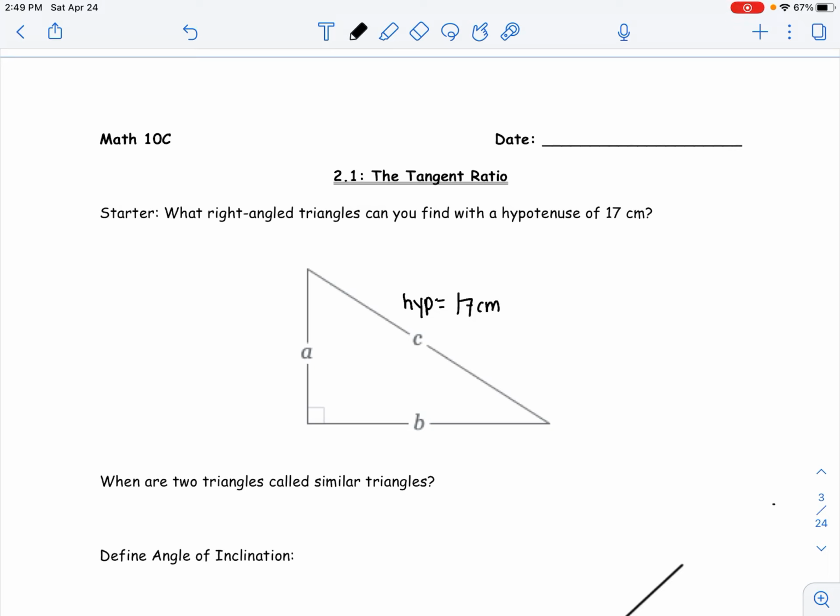So what we need to remember is that a squared plus b squared equals c squared. So our two legs, when we square them individually and add them together, we're always going to get the hypotenuse squared. So they're saying what numbers would work? Well, 8 centimeters and 15 would work, even if I switched them. So if I made B 8 and A 15, it would work, because 8 squared plus 15 squared equals, so let's use